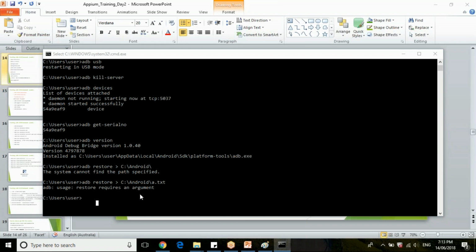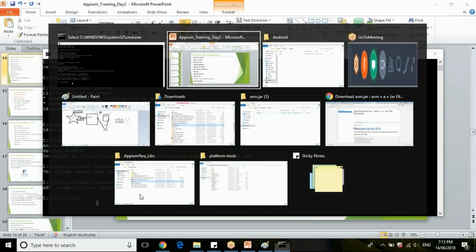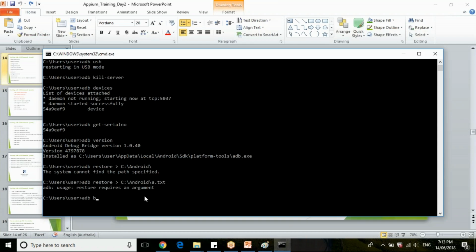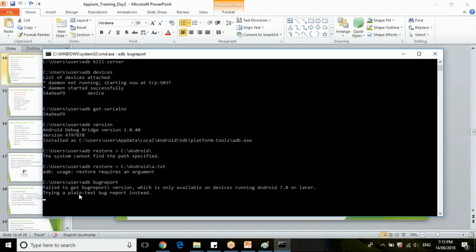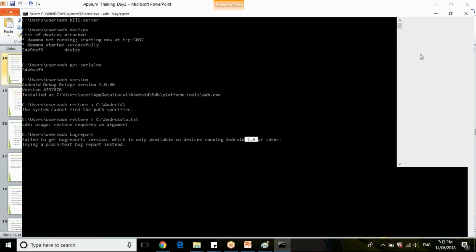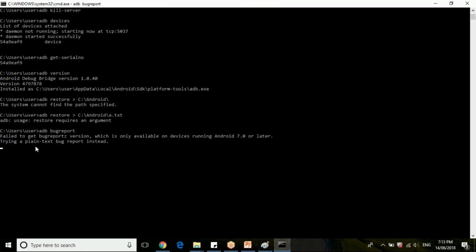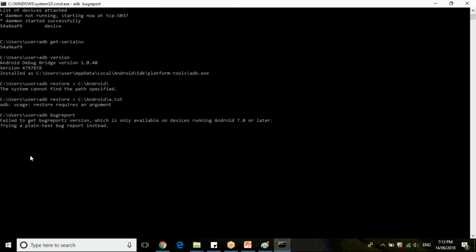And ADB bugreport means it will include all the bugs which are available in the mobile device since your last restart. So it will give all bug reports of debug. My Android version is 5.7, but still we can get some bug report here.